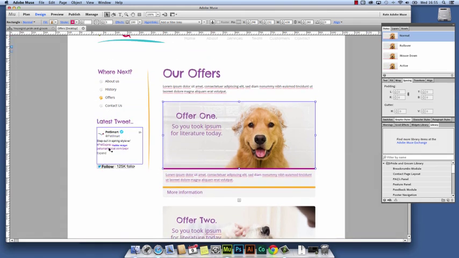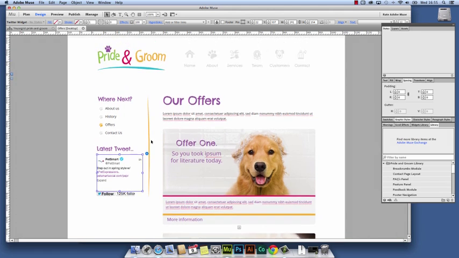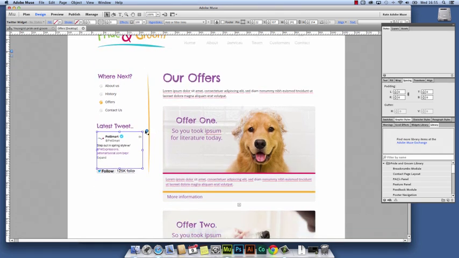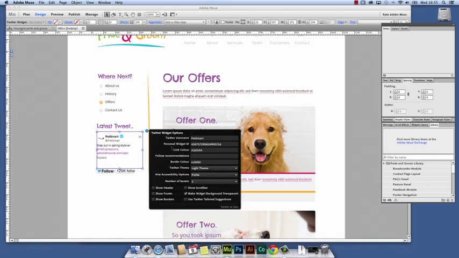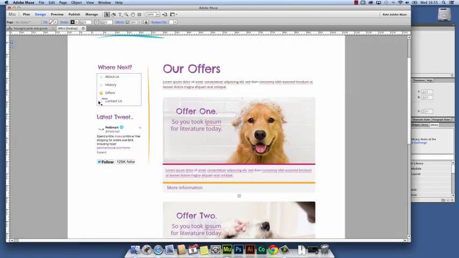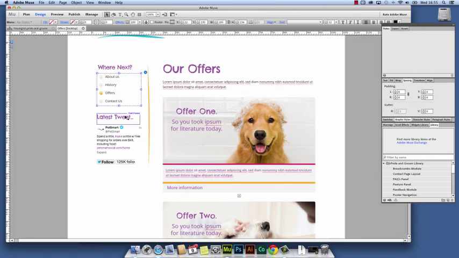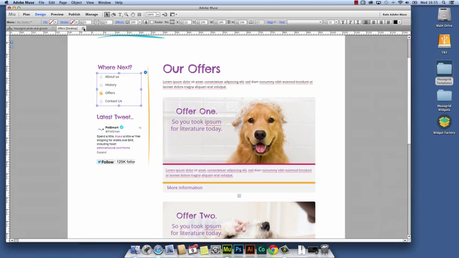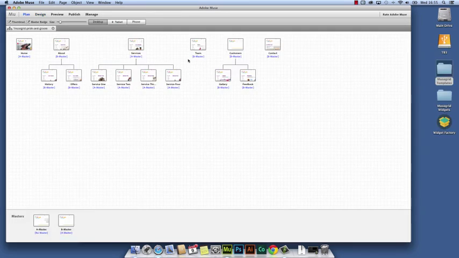Now in our side panel here, we're using our Twitter widgets, which you can get from MuseGrid, but they're included in here, so you don't need to do anything else. So with this side panel Twitter widget here, if we click on the options, we can see that we could change this to a different account just by changing the Twitter username. I'm going to put that back to PetSmart. And we have the follow widget as well, which we can modify. So those are all the side panel items, and then we have this menu item, very similar to the footer menu. Let's take a look at the